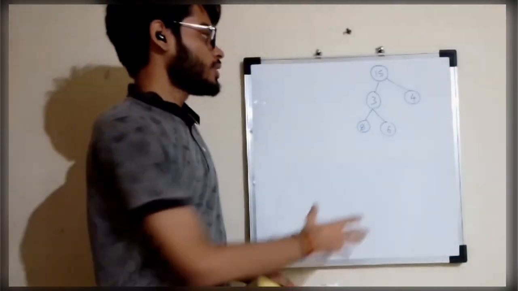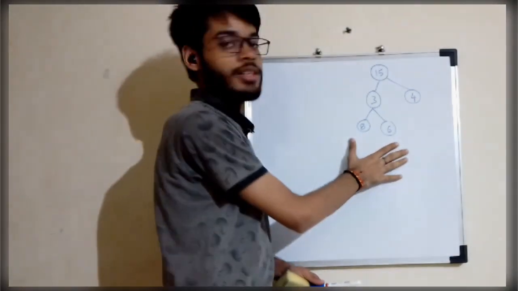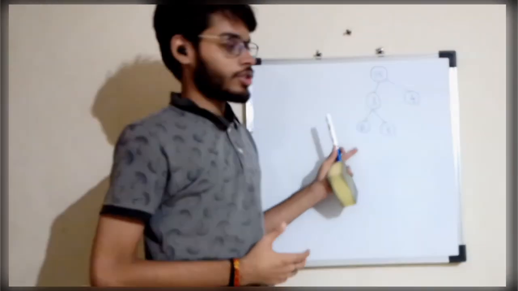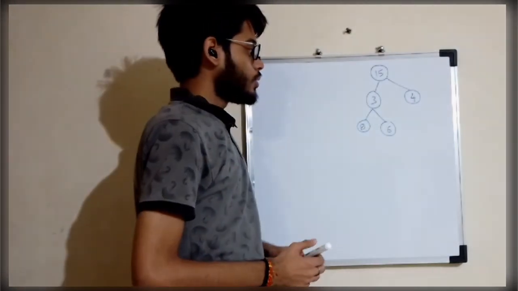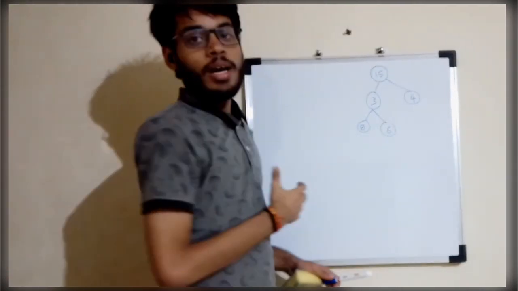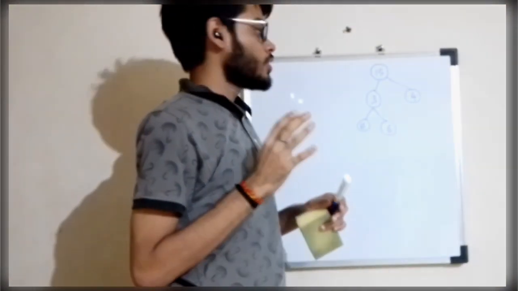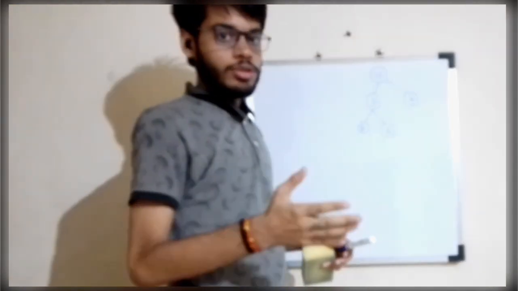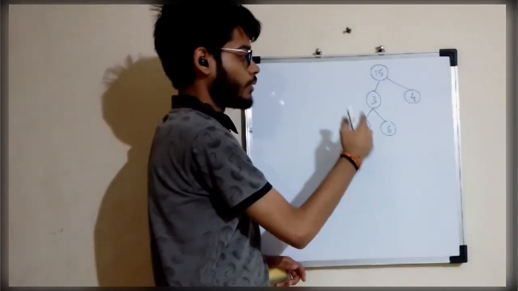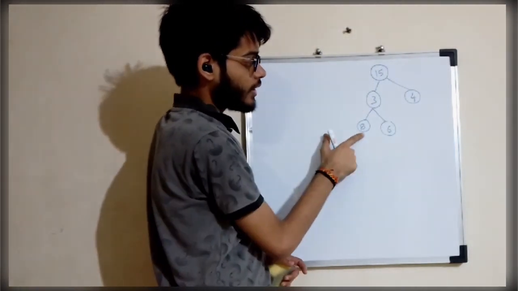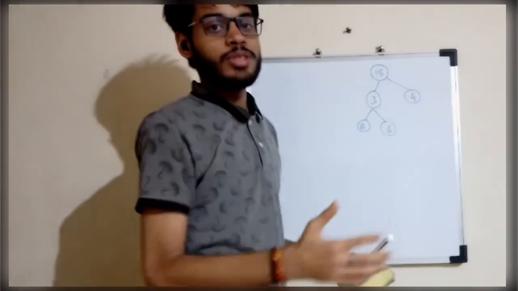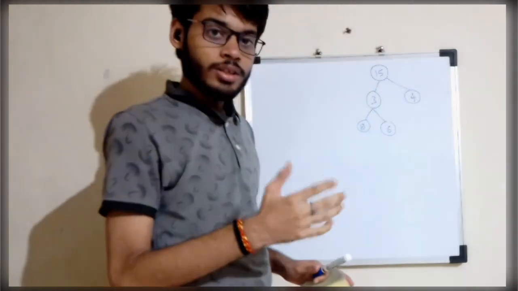So this is an example of a tree data structure, a non-linear data structure. This is a binary tree. A binary tree basically means each node will have at most two children. It can have 0 or 2 children. As you can see over here, this particular node has 2 children, 8 and 6, and this node has 0 children. So a binary tree cannot have 1 child or more than 2 children.